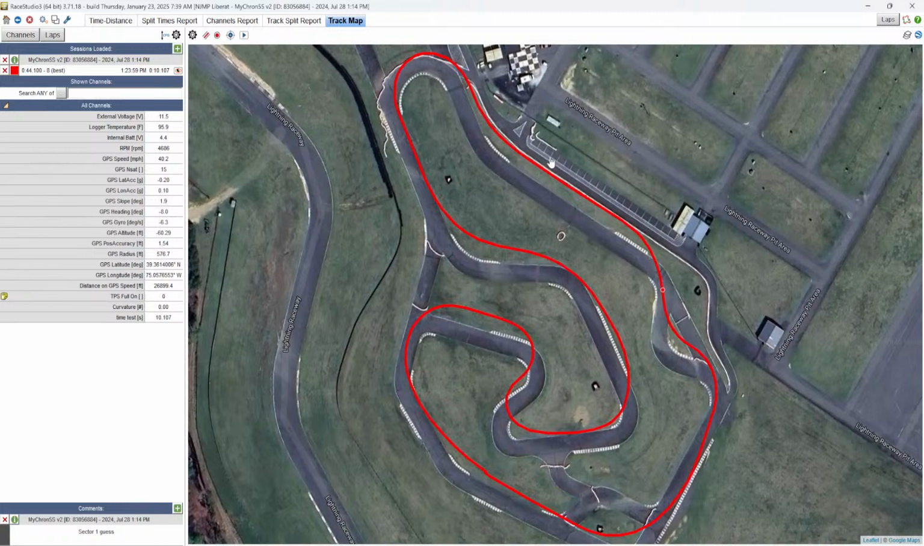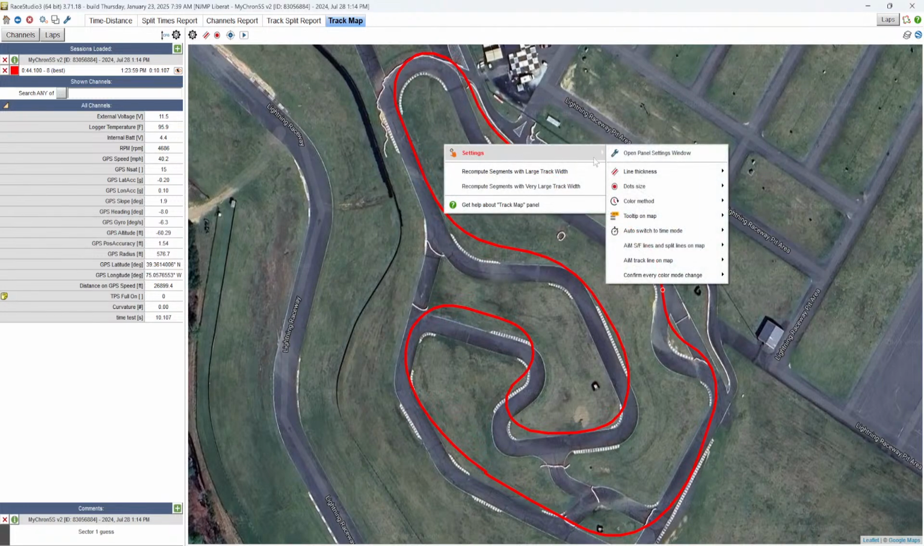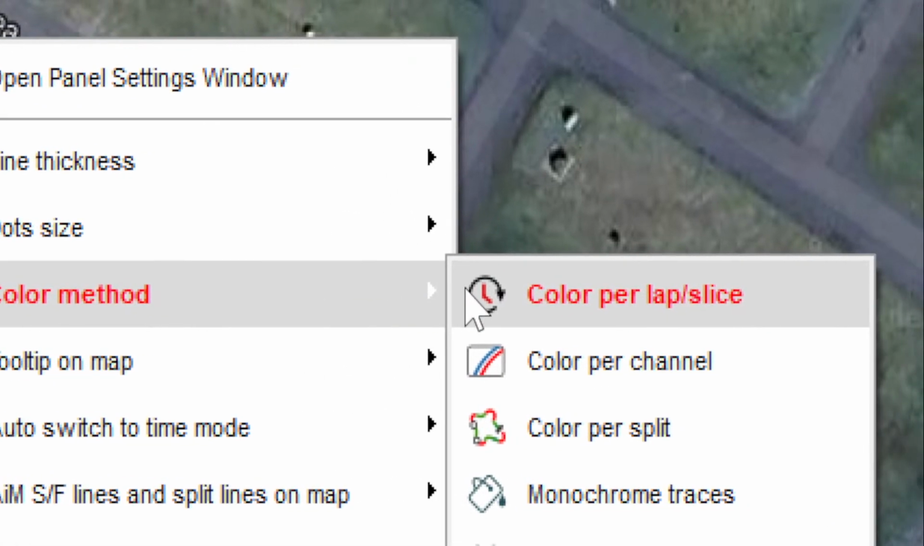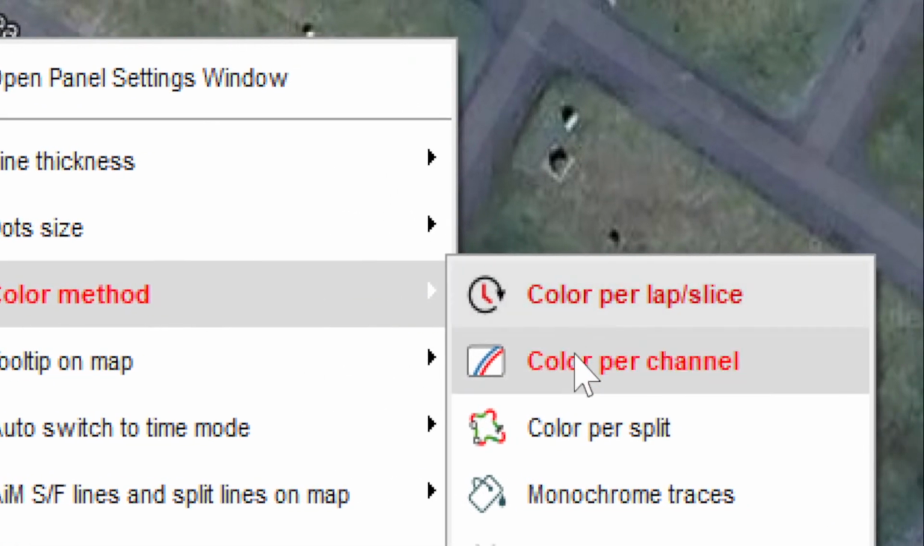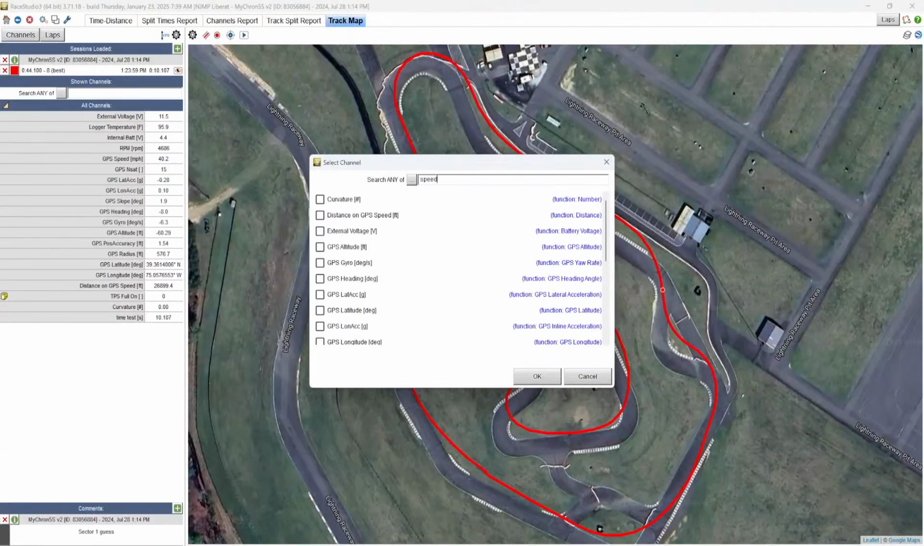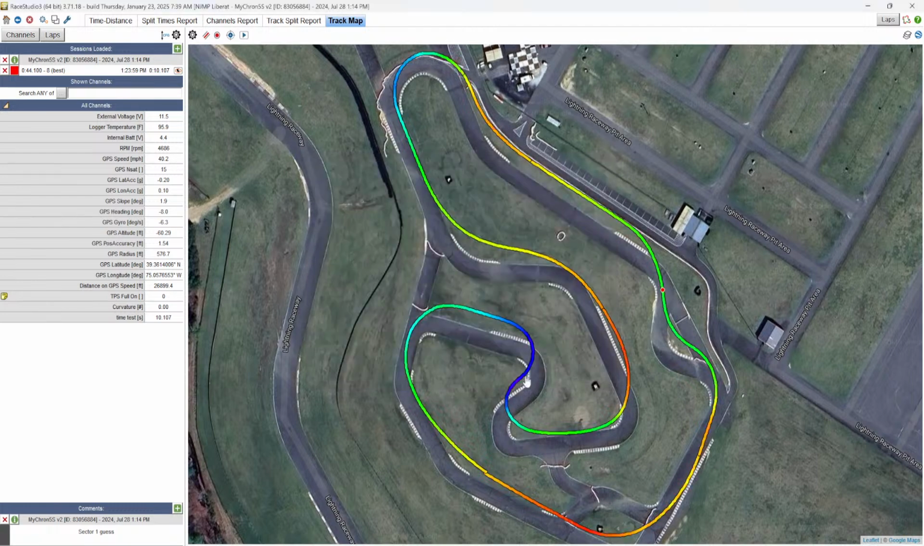A really cool feature that helps a lot of people is if you right click, you can pick the settings and then you can pick the color method. And when you pick this color method, let's see if we can get this to scroll over a little bit. There we go. You can color per channel, and any measure that we have, we can then put in here. So one that helps a lot of people is simply GPS speed. And now we have a rainbow map of the track where we drove, showing that rainbow speed on it. And we can see the reds where we went fastest, the blue where we went slowest,